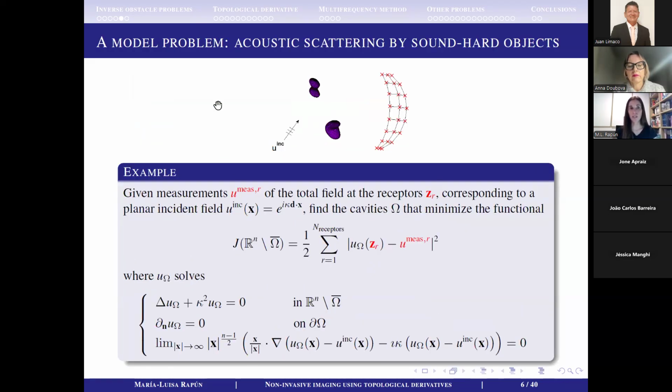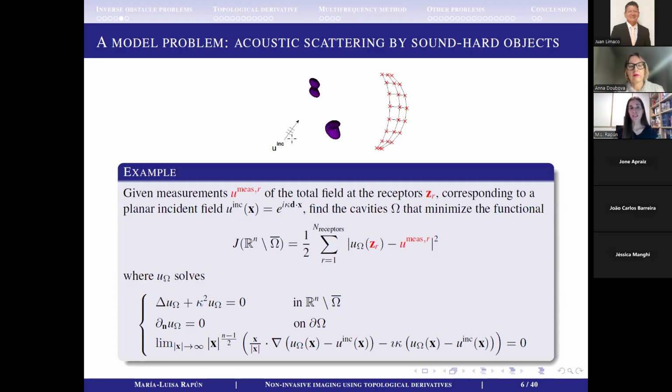But just to fix an idea, I'm going to introduce two model problems. The first one is the acoustic scattering problem that I already said. So we are going to produce some kind of incident wave. In particular, we can think of a planar incident wave, which is given in a direction d, and kappa is the wave number. And then the solution to my forward problem,